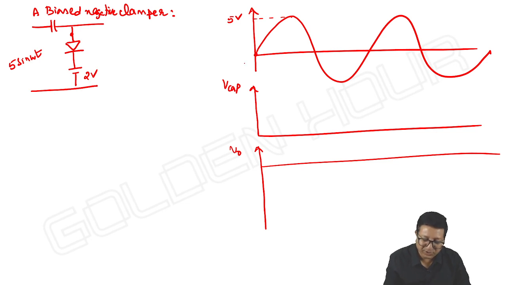So when input is 0, at t equal to 0, there is no possibility for the diode to conduct, because the capacitor is assumed to have 0 initial conditions, so the capacitor voltage is 0 and the capacitor acts as a short circuit. The anode voltage is 0 and the cathode voltage is 2, so the diode does not conduct. Next, at some time t equal to t1,